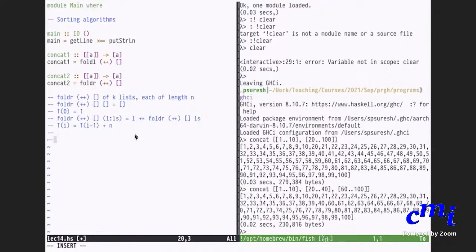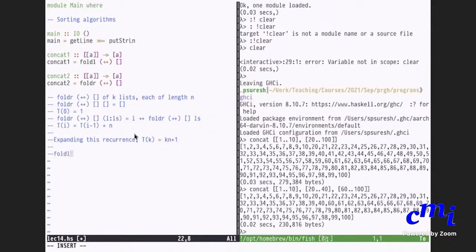Expanding this recurrence, okay, that is done.